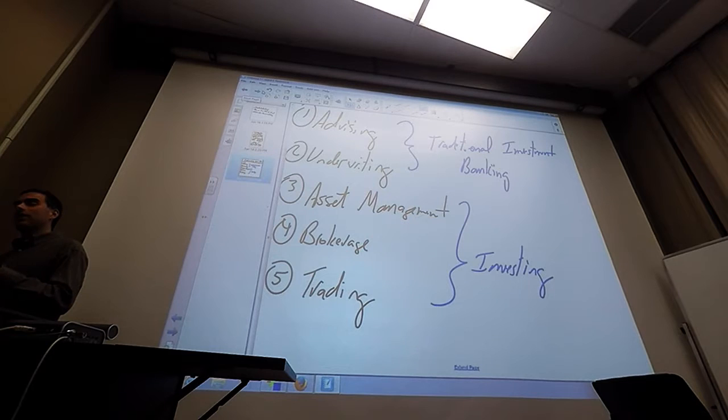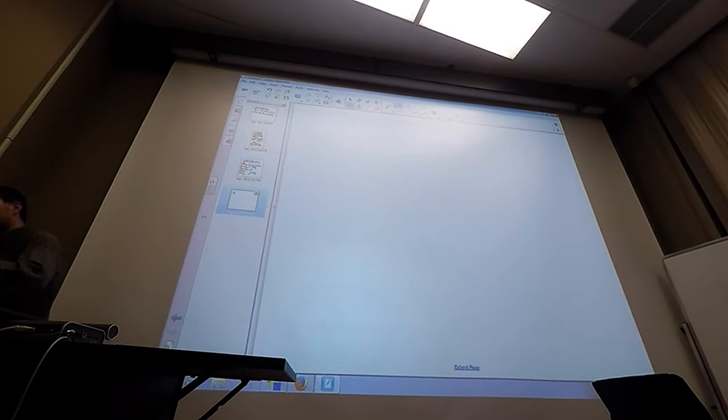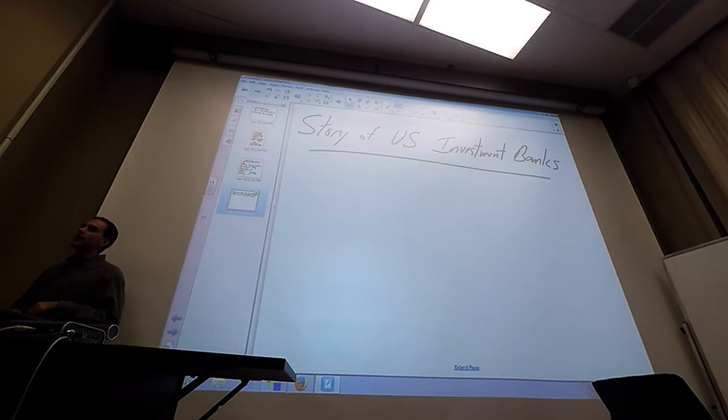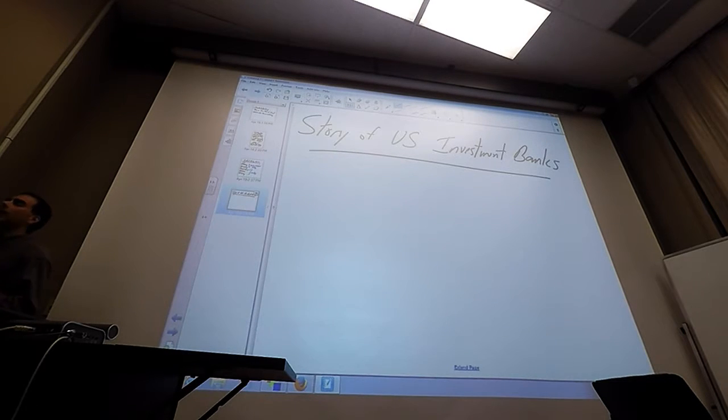Okay, to understand these activities and the whole investment banking industry, it'll help to review the history of investment banking in the U.S. Just briefly, because the industry is very specific and it's got its own unique history, and that explains a lot of the structure of it and how they work and what they do and what the main firms are. And a lot of it's this other side of the regulation.